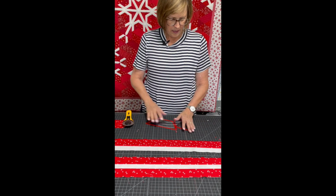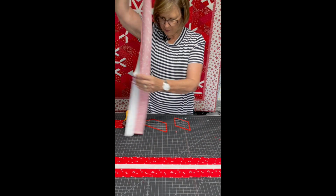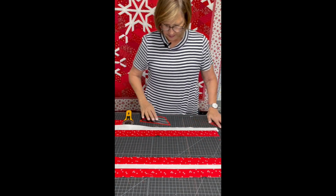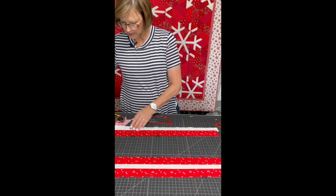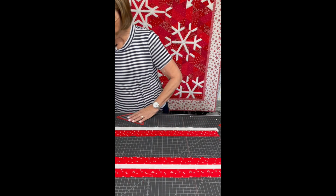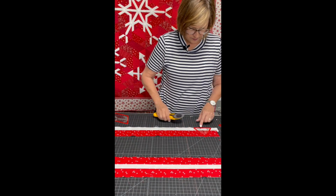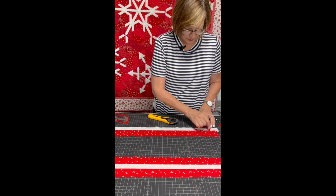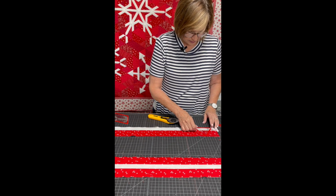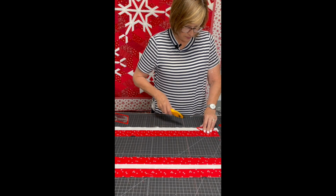Okay, now in order to cut them from a strip set, you'll just take your strip set and lay it with your white side towards you. And this is piece E, and you want this white part to be along a straight edge. So put the straight edge along the white,